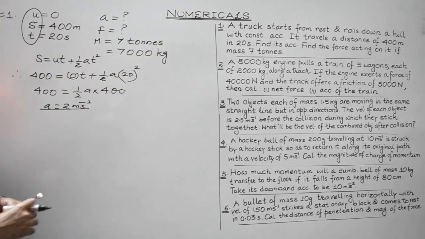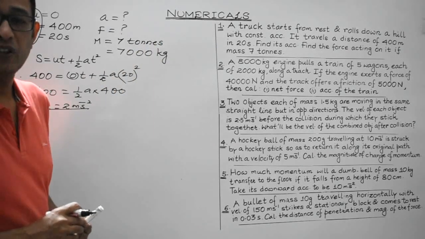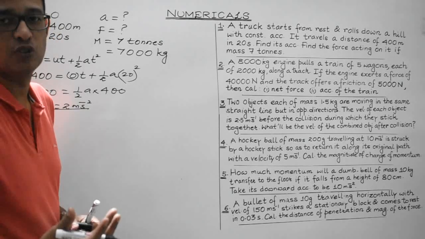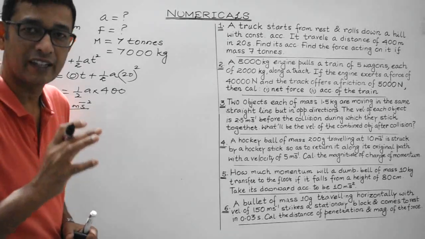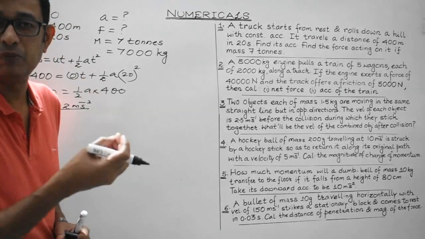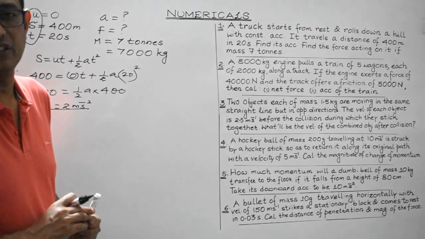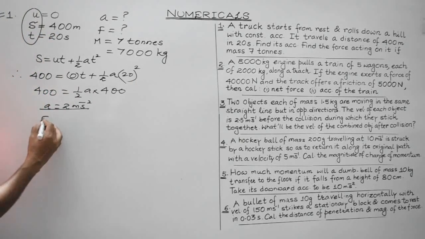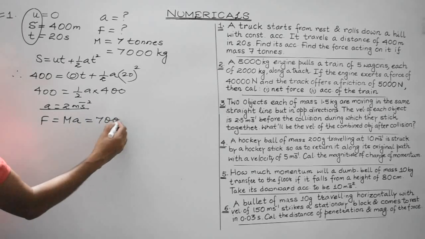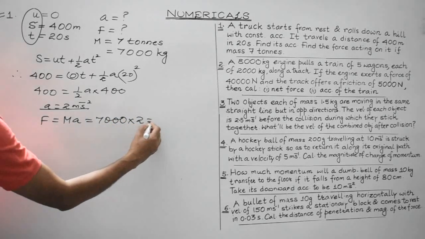Then we are supposed to find out the force acting on it. Students, we have discussed in Newton's second law. It gives the measure of the force, and as a consequence of Newton's second law, the external force acting on a body is given by the product of mass of the body and the acceleration produced in it. Therefore, force will be given by mass into acceleration. Mass is 7000 kg and acceleration is 2. So it will be